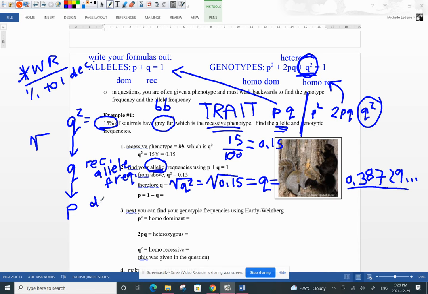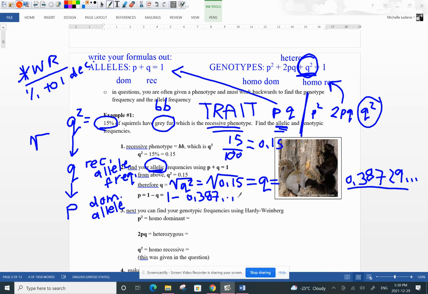This is going to tell us all of the squirrels in this population that have a dominant allele. So these squirrels could be homozygous dominant or they could be heterozygous, but we're looking for the frequency or the proportion of the squirrels that are having the dominant allele. So we just take 1 minus this value on our calculator,